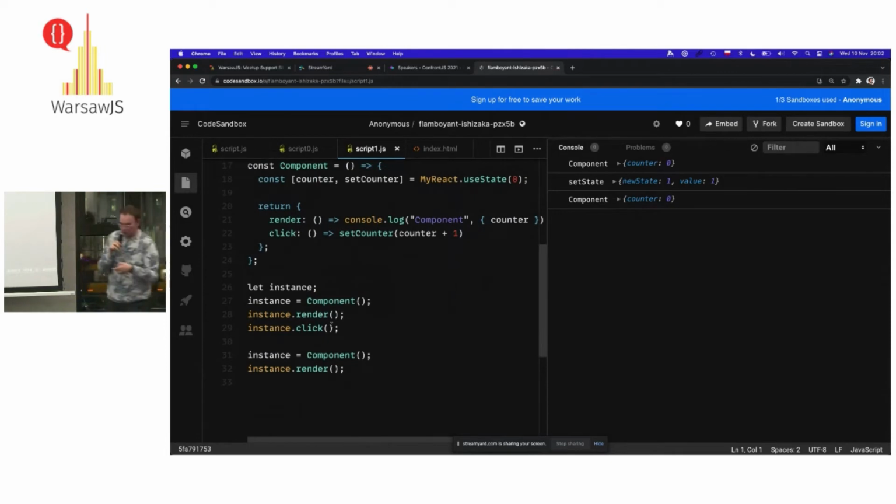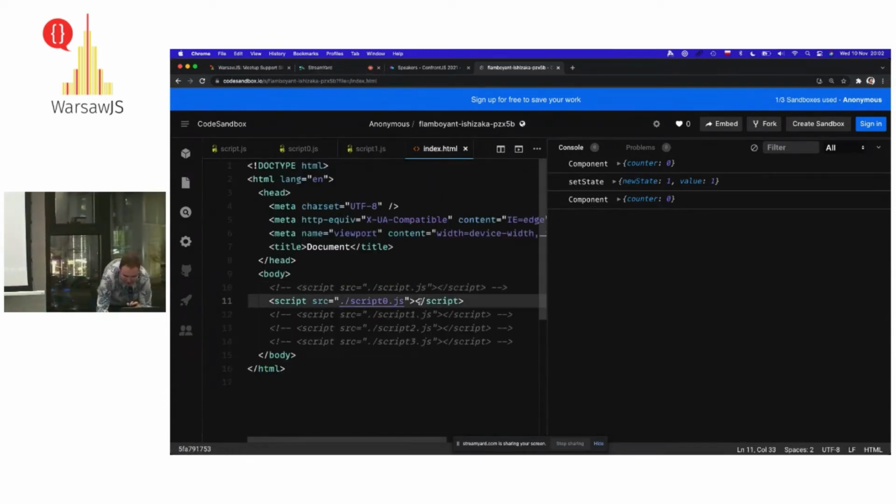And yes, so what I do is I run a component here, I render it, so you can see that it's counter 0. Did not work. Oh, yeah. That's a very important thing, right?